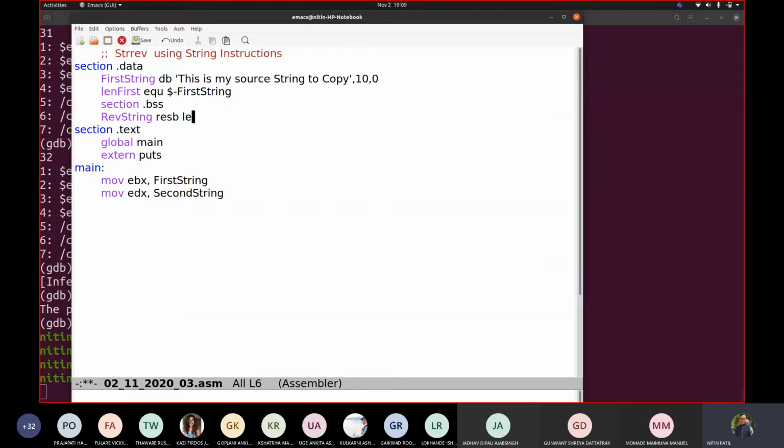How many? As many as the number stored as the length of the first string. So I got this. Okay, now let me write this. Move ECX, what is that length first? Yes, so we got this.